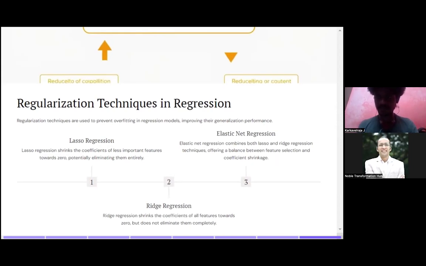regularization is we regularize, okay? In regression, we regularize the data using these techniques. So the regularization technique is used to prevent overfitting in the regression model and improve the generalization performance. So yes, rightly said by Raja that